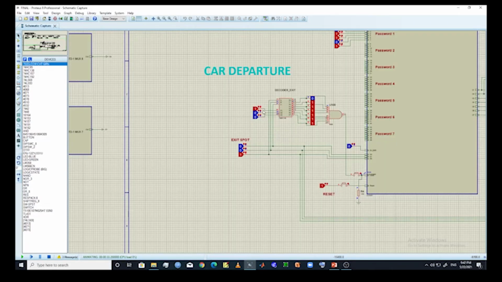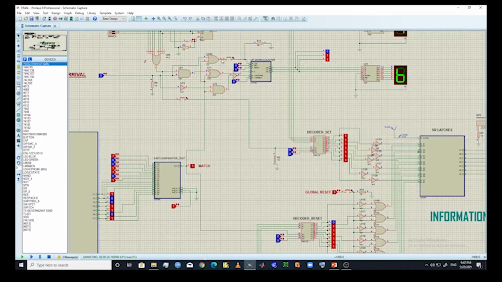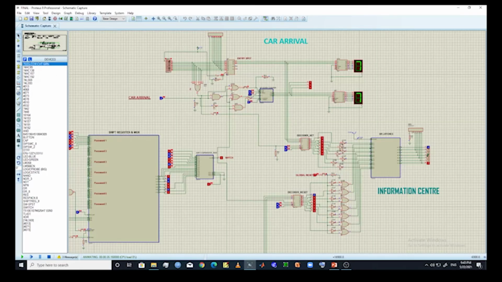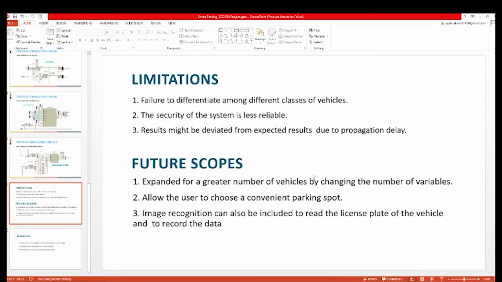Again, when the car is ready to depart, for example here from spot 1, and the user enters the password and the database password matches, the number of available spots will now increase by 1, and all this data is stored in the information center. The whole project, including the code and the schematic, was built from scratch,